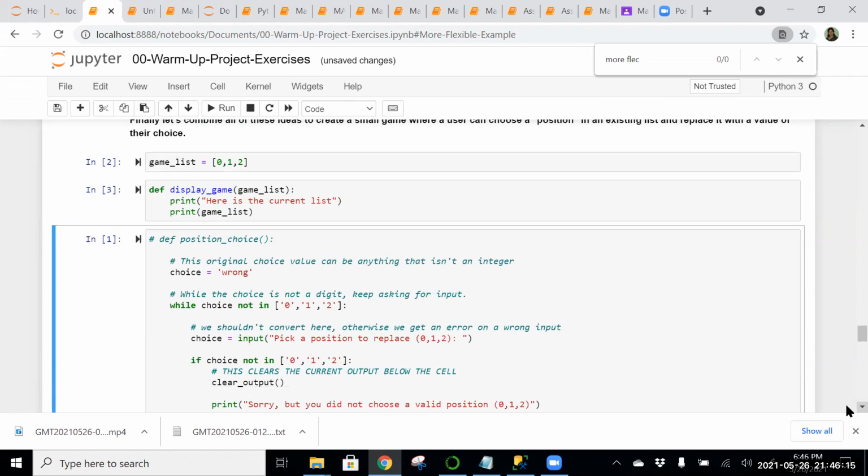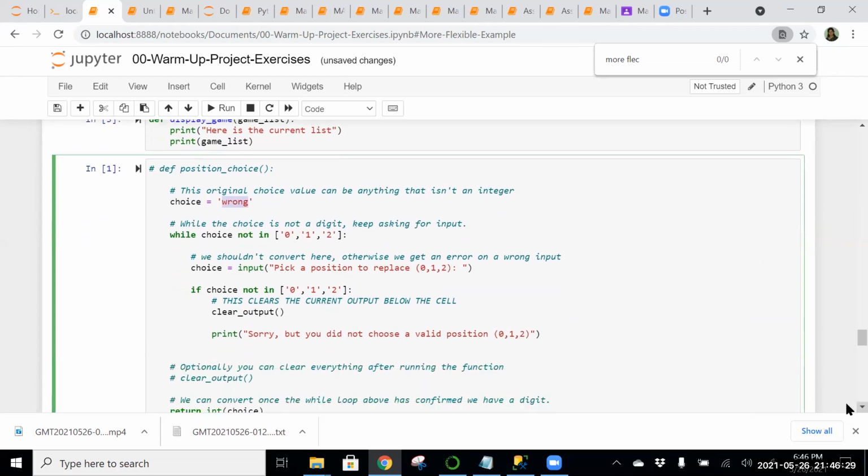Then we are creating a variable by the name of choice, which we are calling wrong, as an assigned value. Now it is the same thing, the same part that we did above. We are taking an input, pick a position to replace: 0, 1, or 2.